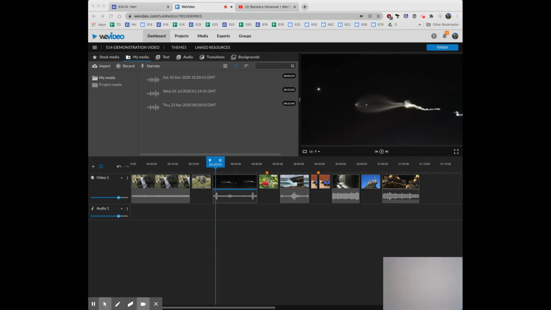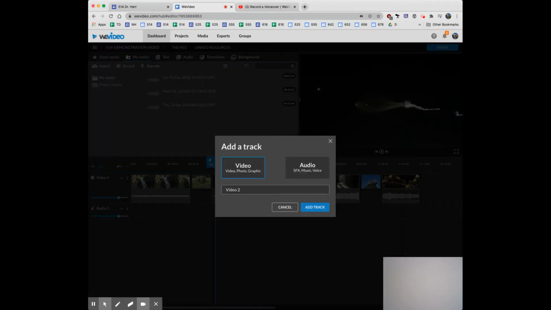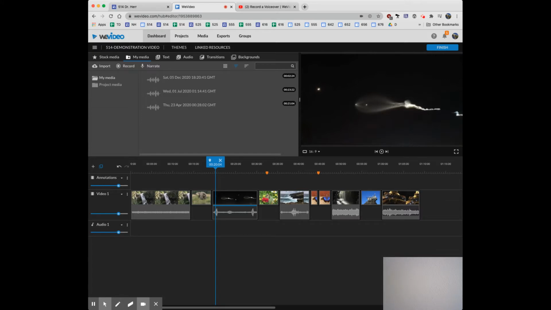Video editing software has layers in it. So right now we have a video layer and we have an audio layer here. We can add more of each of those layers. So I'm going to click on the plus right here and add in a video layer. I'm going to call this one annotations. And in the annotations track or layer, we're going to put in some text annotations to draw the viewer's attention